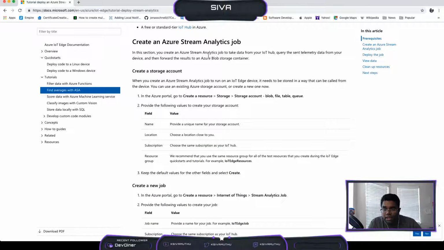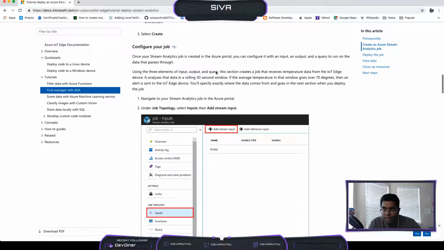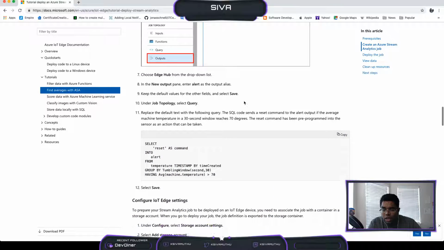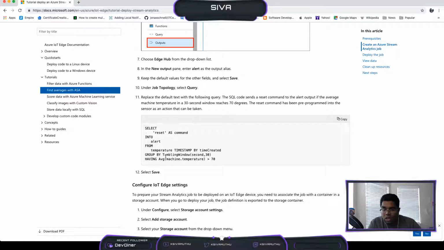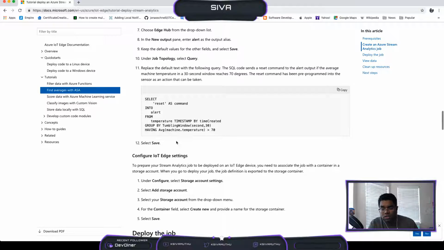So they are creating an Azure Stream Analytics job, configuring their job here, adding, and whenever on the tumbling window of 30 seconds they are pushing that into the alert. Okay,